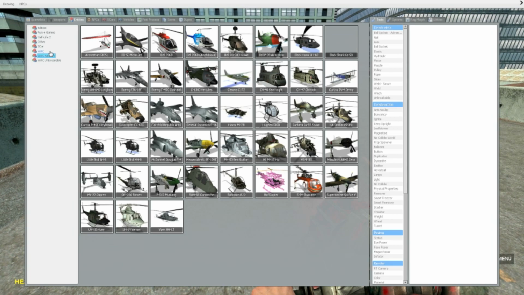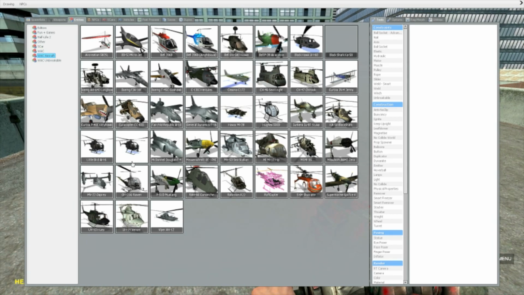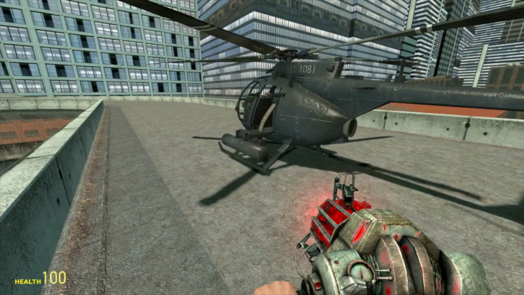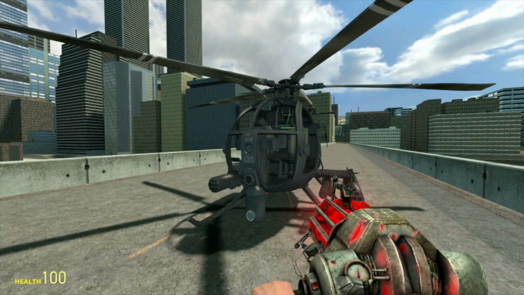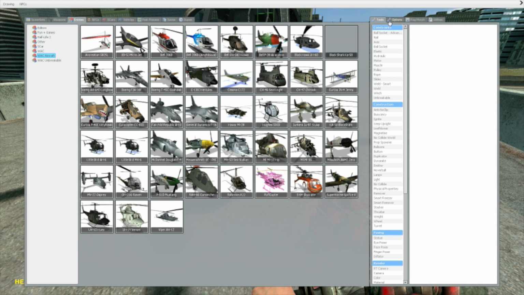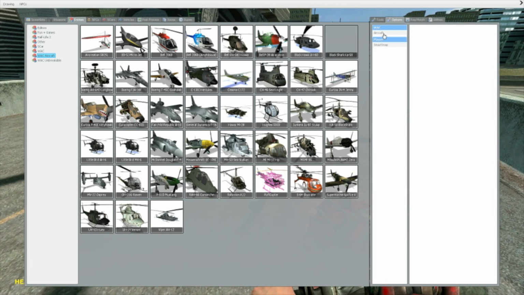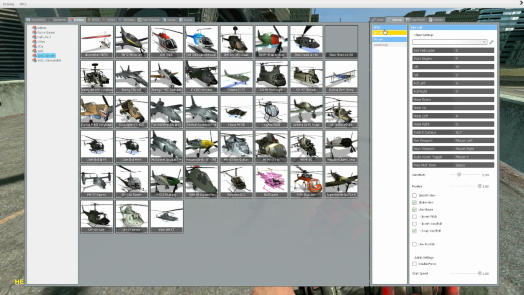I'm going to start off by showing you a little with the helicopters. I recommend those who are totally new to go with the little bird, because it's light, it's easy to fly, and it's just good. But first of all, let's go to options, and I'm going to go through some of the options here. If you go to options and then go under aircraft, you see you have